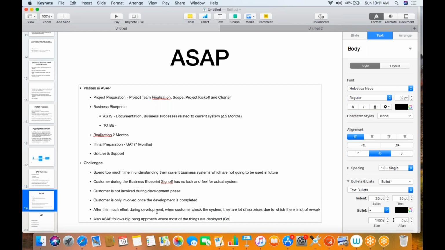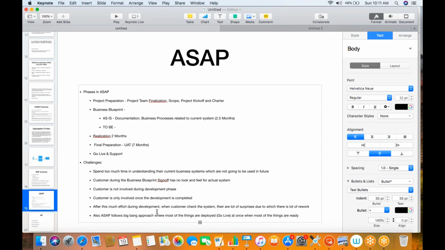So maybe we can say go live at once when most of the things are ready. Right? So these are some of the challenges due to which the entire process,